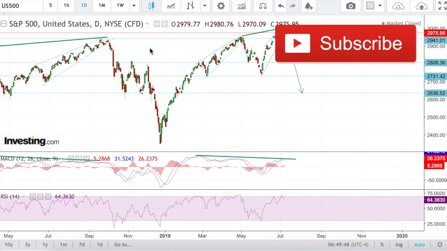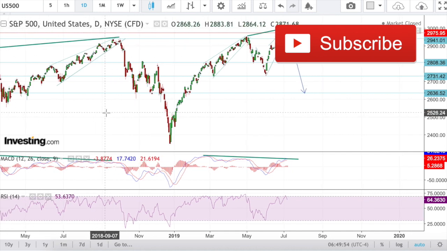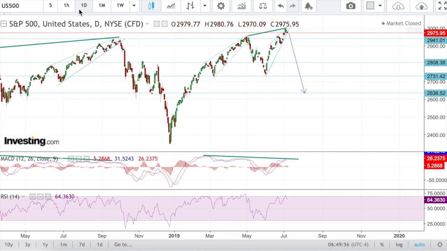Hi ladies and gentlemen, this is Game of Trades and this is going to be a technical analysis of the S&P 500. I'm mainly going to cover the daily chart and jump into the hourly chart to see what's going